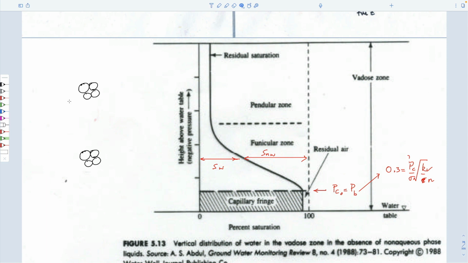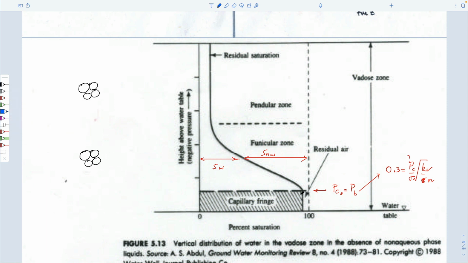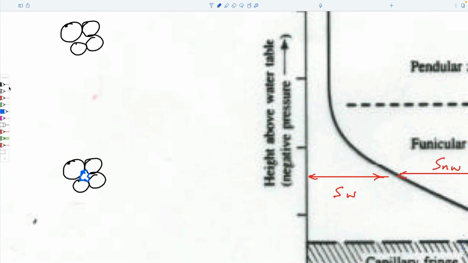So I'm not sure what we've done. Maybe we use blue for the wetting fluid. So in this case, I guess this would be fully saturated with water. At this stage here, it'd be fully saturated with water, and a small amount of, if I can draw it,